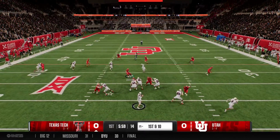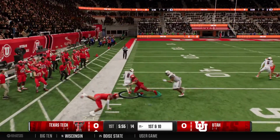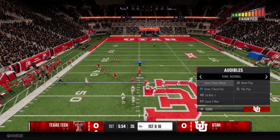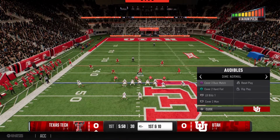To the air, it's Hammond. He finds his man. Big gain on that one as he steps out of bounds with a first down. The Red Raiders want to move quickly. You go with the first snap of the game, and you make a big...